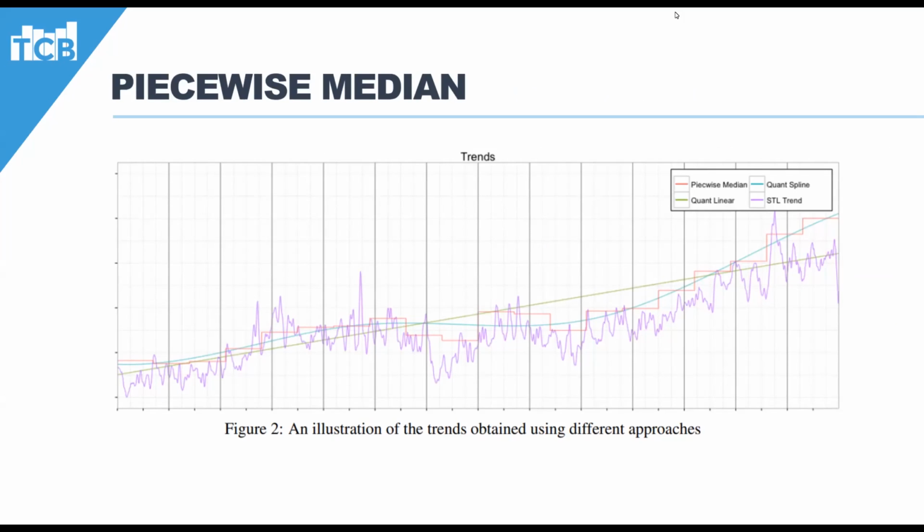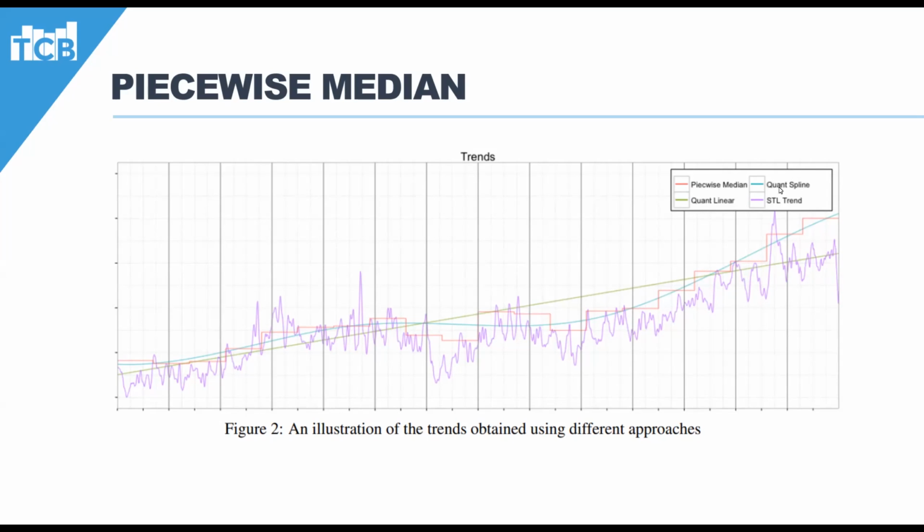And so here's what the piecewise median looks like. These are the authors just comparing these different techniques. And so these are the approximations of the actual time series. The piecewise median is the red one, and you can very clearly see that it's almost change point detection in a way. Like there's these different segments,